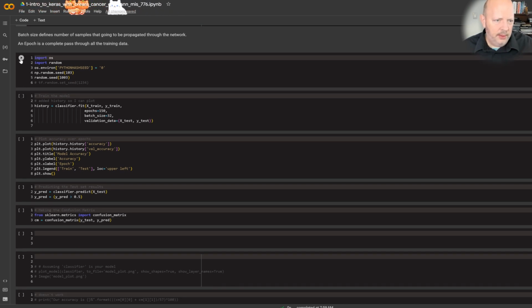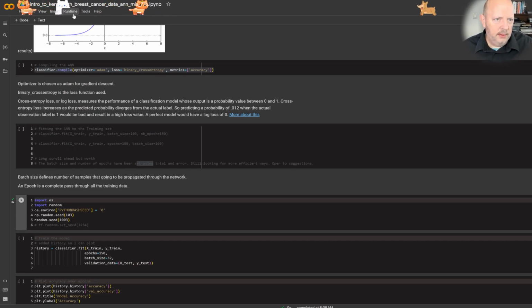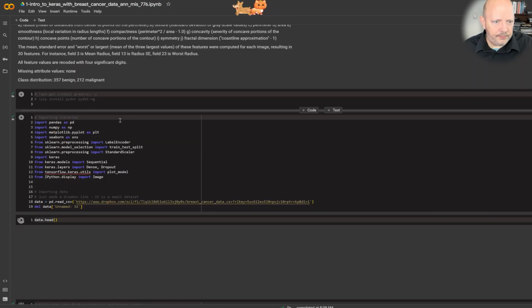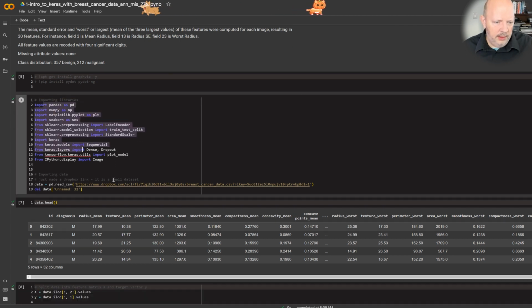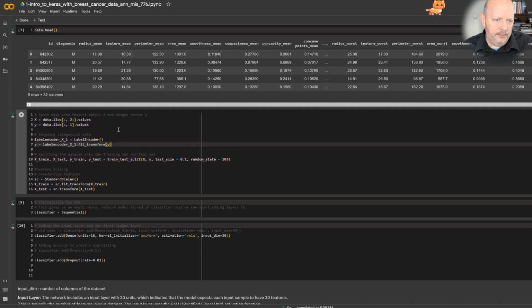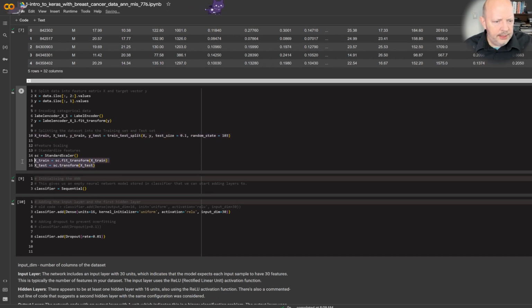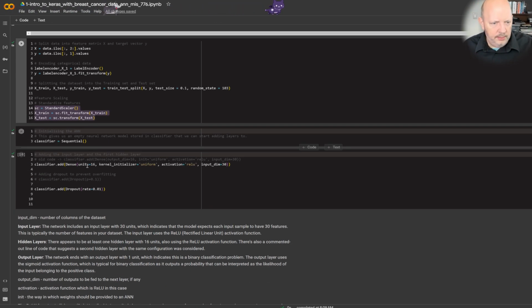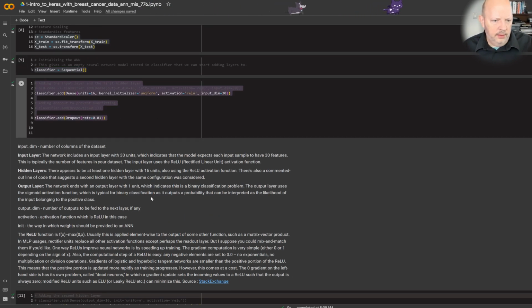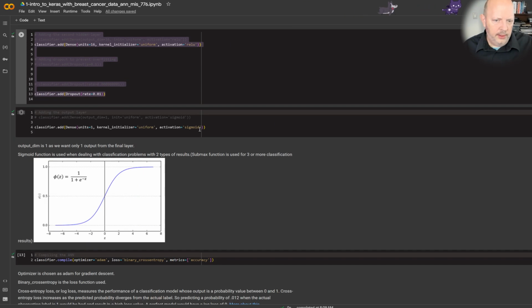And here's where we actually do the training. Where did I leave off here? So that explains that. So let's just recap. Libraries, split the data. Once we load the data, we take benign and malignant and assign them 0 or 1. Split the data. Scale the data, normalize it so it's in some type of scale. Create a neural network, create your first layer, create your second layer, create your output layer.